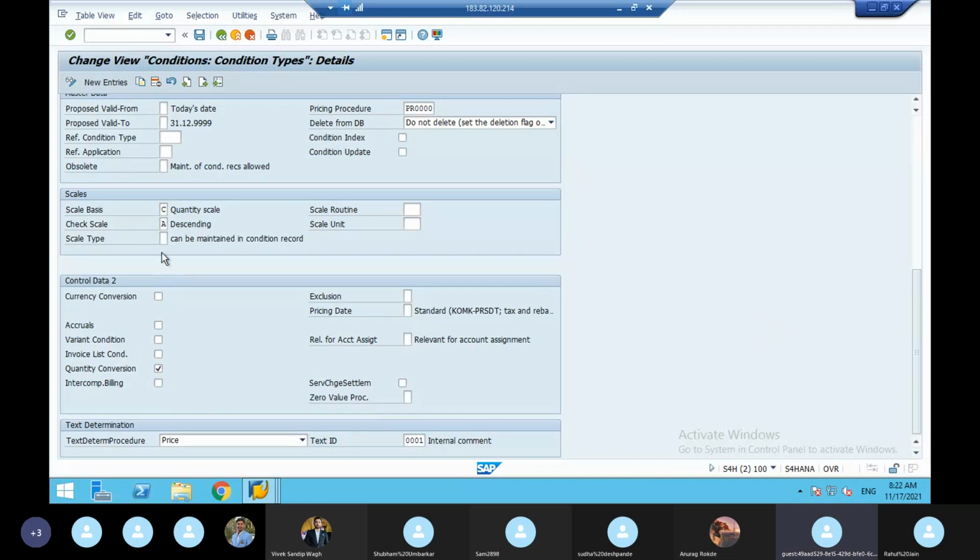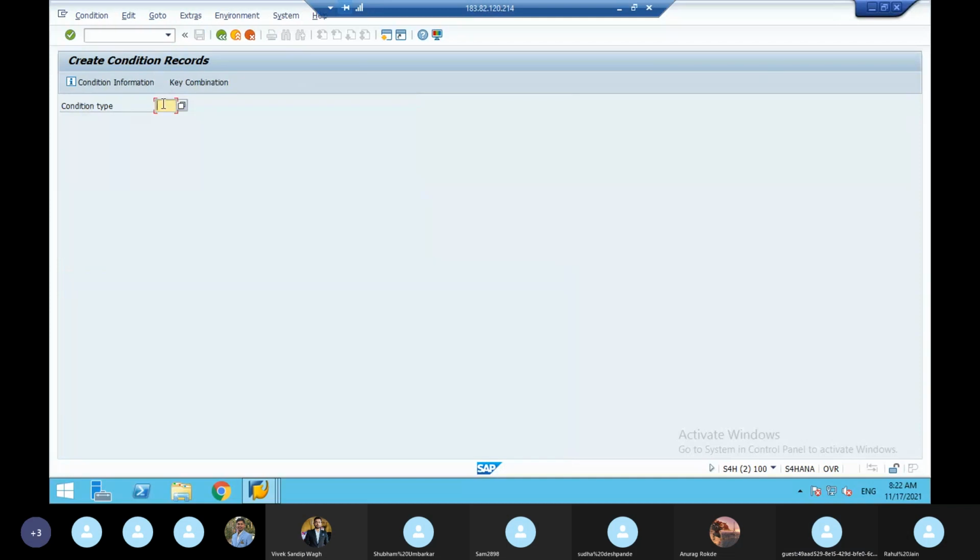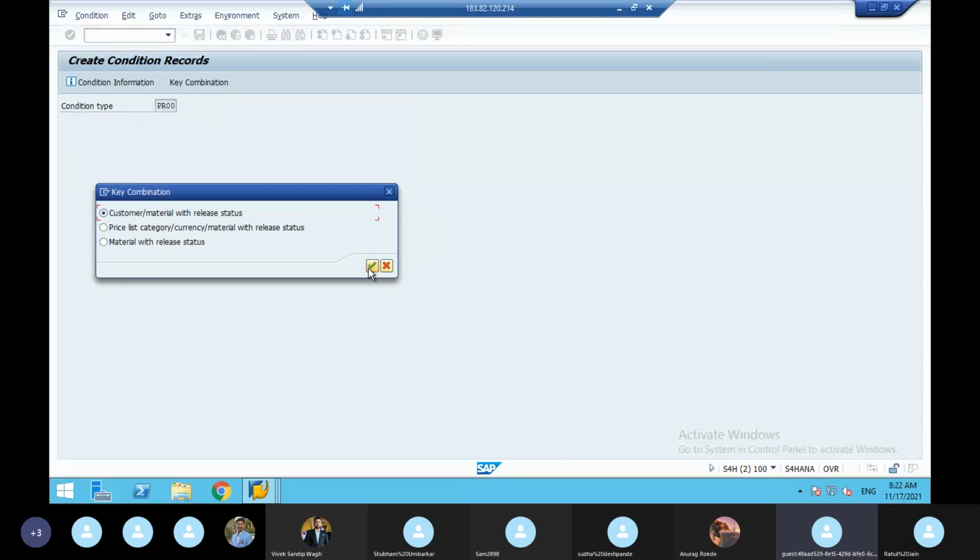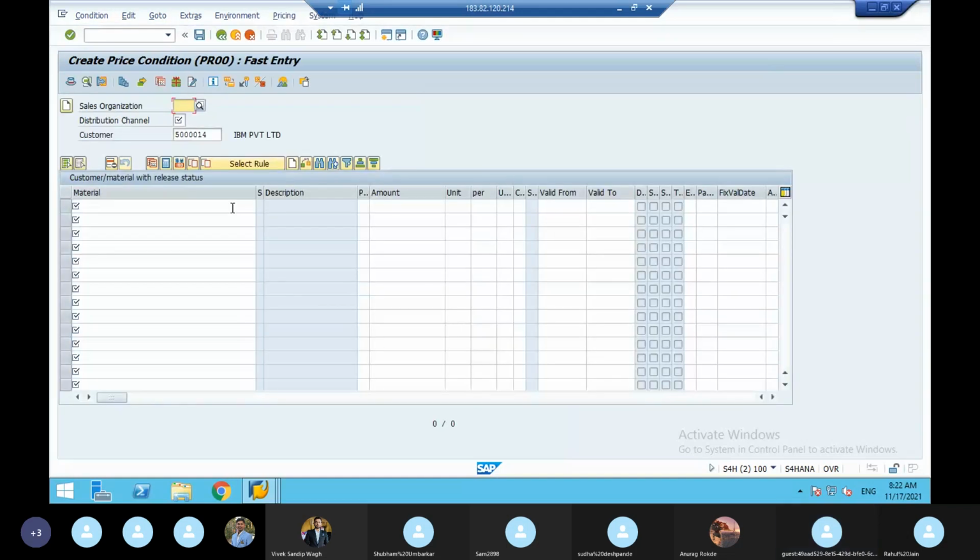If you maintain scales here, then only you can go to VK11 for PR00.